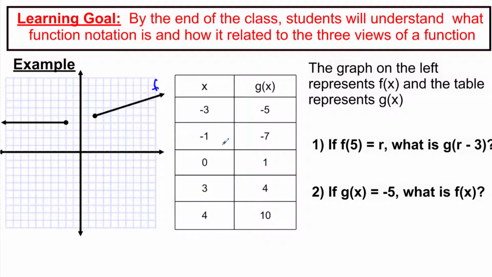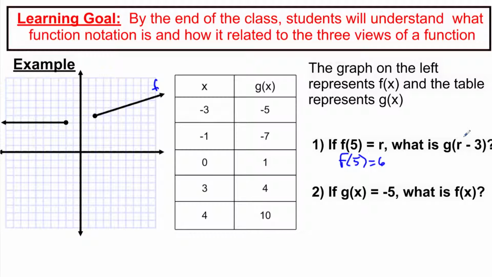So the first one says, if f of 5 is equal to r, what is g of r minus 3? And that's a pretty dense question. So let's start off with the first part. It says if f of 5 is equal to r. Well, let's see if we can figure out what f of 5 is, and then that's going to be r. So I'm going to go to my f function, which they told us was the graph. It says f of 5. So they told me the input was 5. I'm going to say 1, 2, 3, 4, 5. Where's there a graph? It looks like I'm going up to 1, 2, 3, 4, 5, 6. So that means that f of 5 is equal to 6, and that means that r is equal to 6,